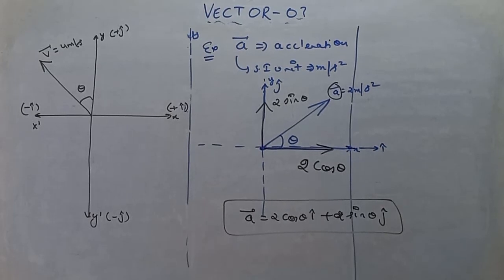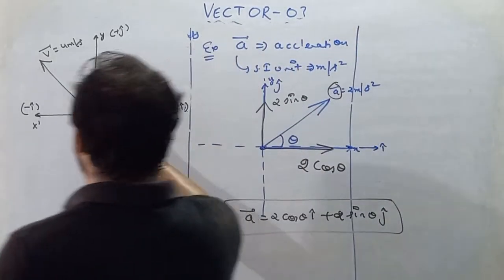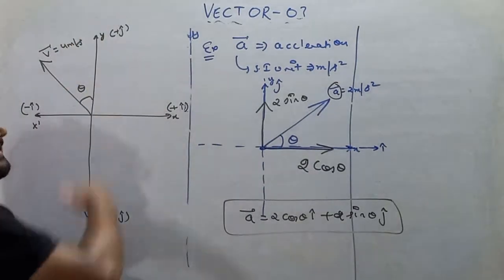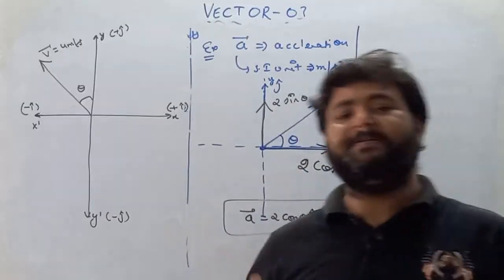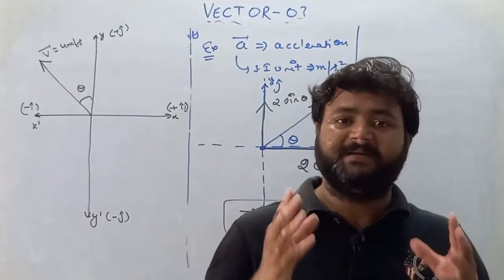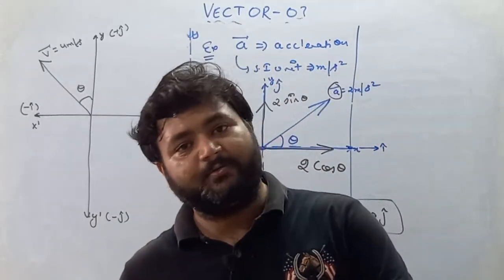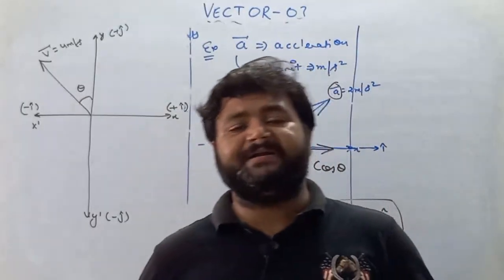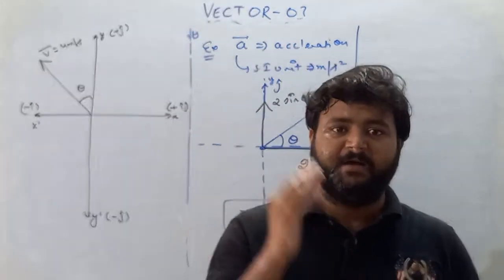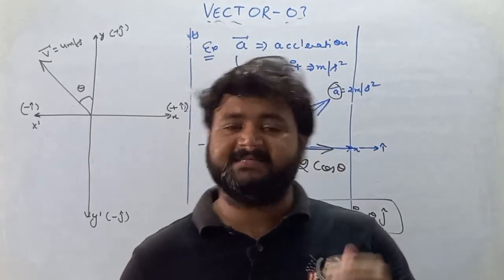Now we know, my dear student, that velocity is a vector quantity. Here velocity cannot lie along the x-axis, not even along the y-axis. This velocity lies between the x-axis and y-axis and makes some angle theta with the y-axis. So under this situation, we'll break the component of velocity because velocity is a vector quantity. Second thing, we all know that any vector quantity forms two rectangular components, one is cos theta and the other is sin theta.